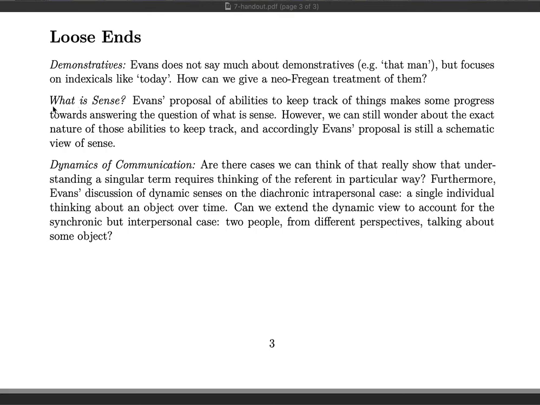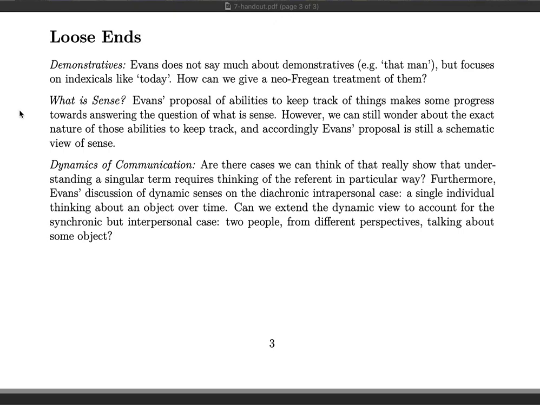The next question is, what is sense? So Evans's proposal of abilities to keep track of things makes some progress towards answering the question of what is sense. However, we can still wonder about the exact nature of those abilities to keep track of things. Again, Evans appeals to the idea that humans are able to keep track of objects, locations, and times, and his notion of sense appeals to those abilities. But Evans does not say much more about what exactly